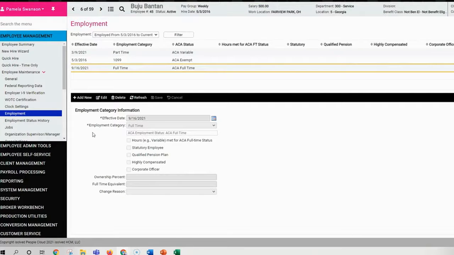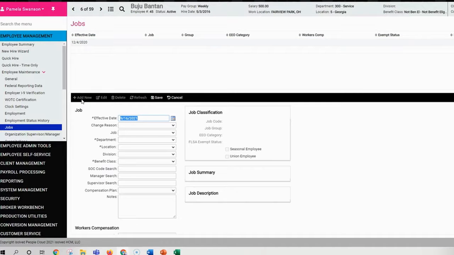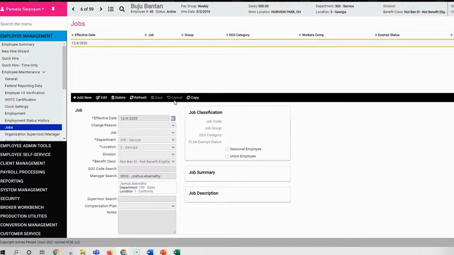Jobs allows me to see the job that this person is working, but it also allows me to know who he reports to. If I needed to change who he reports to, I would select Add New and start a brand new fresh record. That way I have my effective date driving when this person is no longer reporting to Joshua Abernathy and has begun reporting to someone else. You would just complete each of these fields and then select Save, and a brand new record would appear across